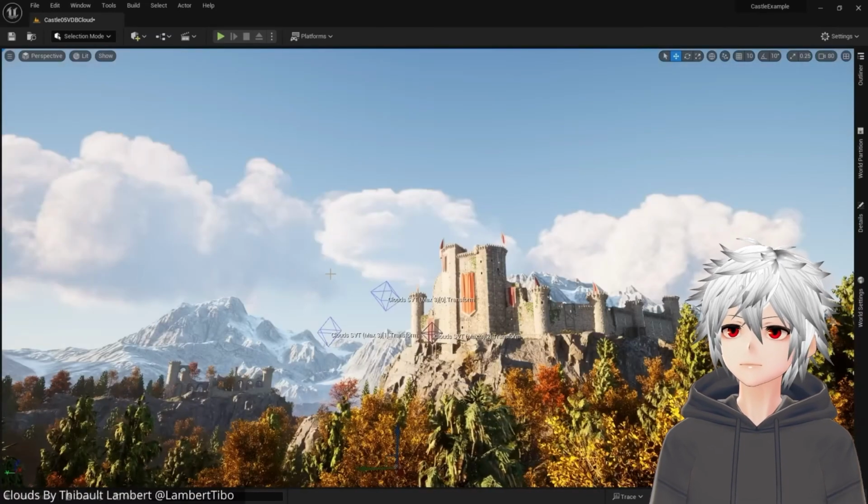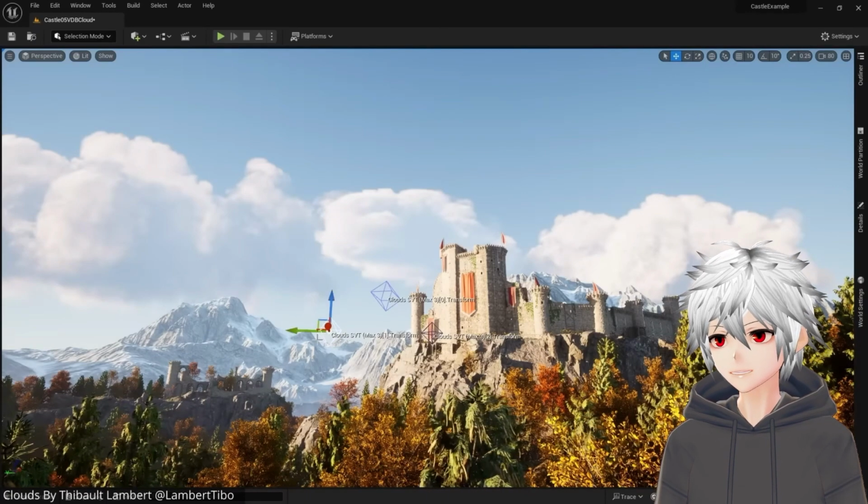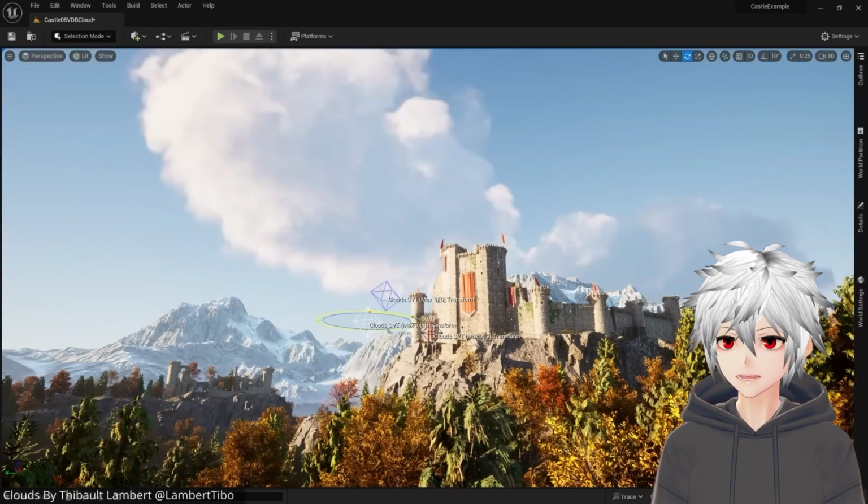We can even use sparse volume textures to represent clouds. And what's amazing about these clouds compared to Unreal's default cloud system is that I can move them around and rotate them. So I get full